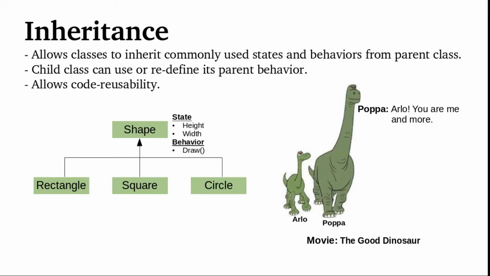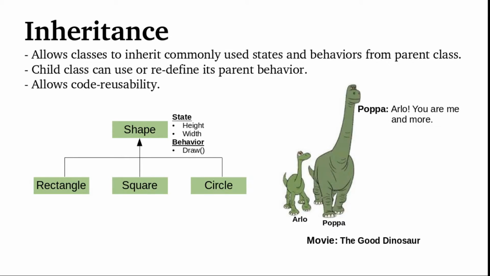Inheritance. Inheritance allows a child to inherit properties of its parent. This also gives the child class the opportunity to override any of the behaviors inherited from its parent. In the example shown here,